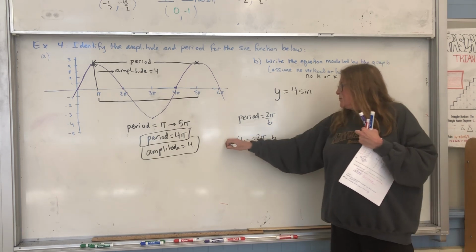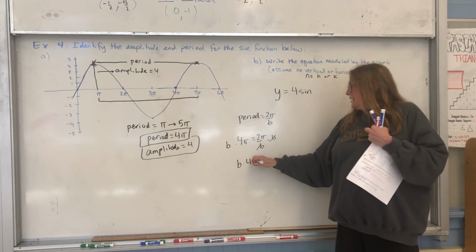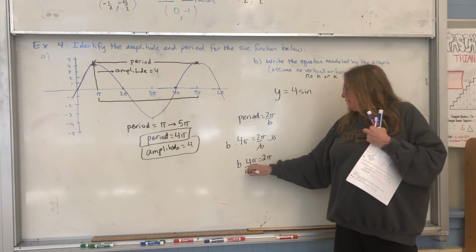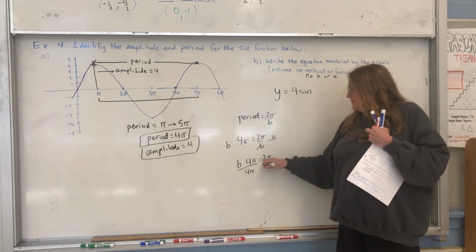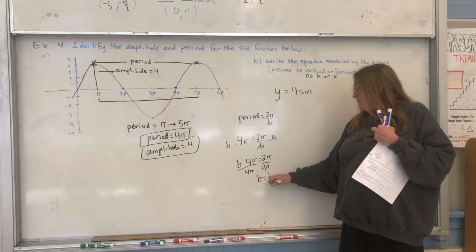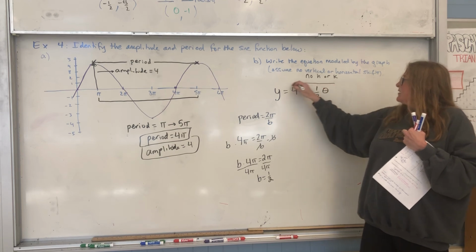So guys, we just need to find b, and then we're done. Let's multiply both sides by b. I get b times 4 pi equals 2 pi, and then I'm going to divide by 4 pi. So it looks like b equals 1/2. So I just need to write that. And no h and k like they told me,